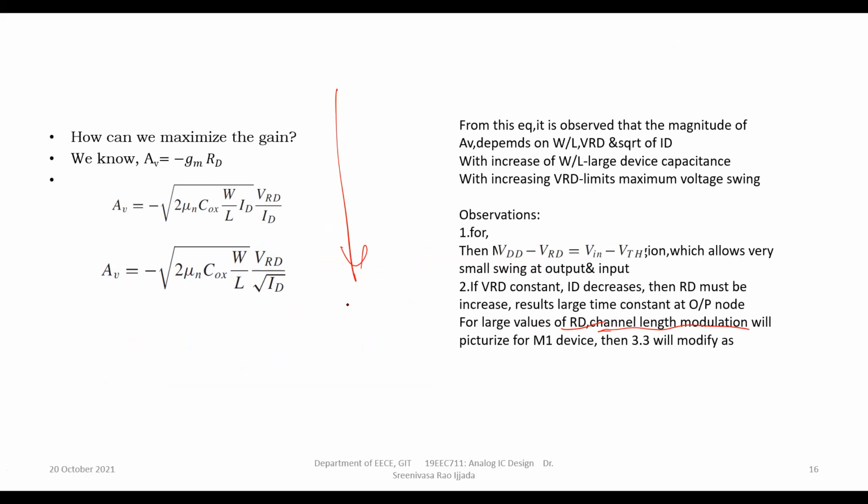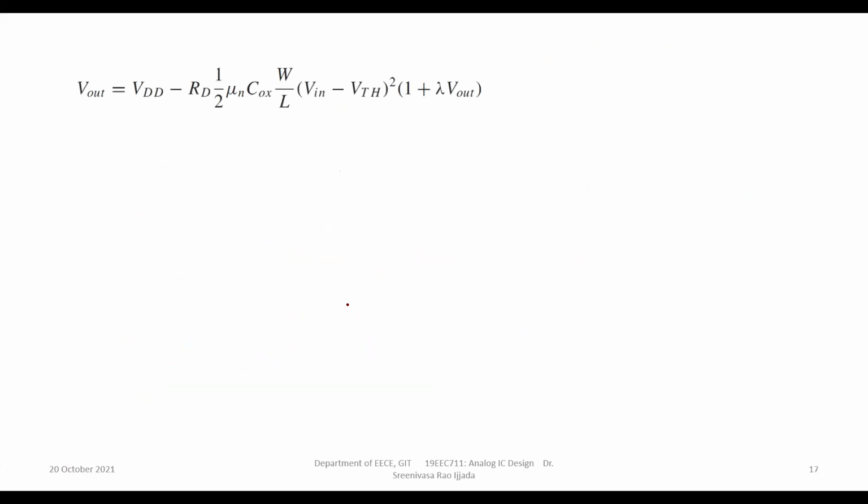If you consider channel length modulation, this equation is definitely modified. This is the equation 3.3: for the CS amplifier, the output voltage is VDD minus RD into 1 by 2 mu n Cox W by L into (Vin minus